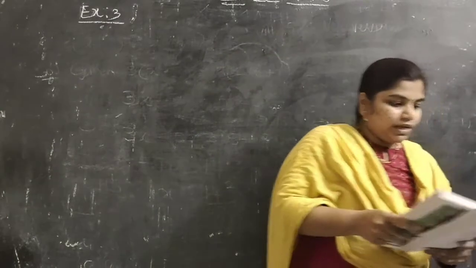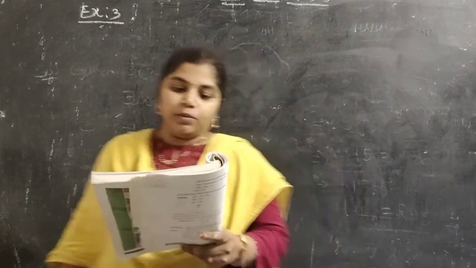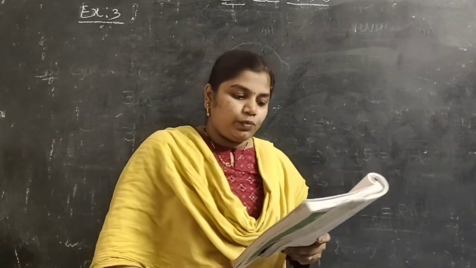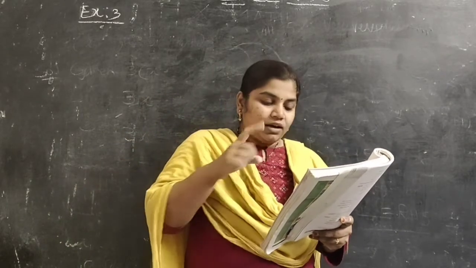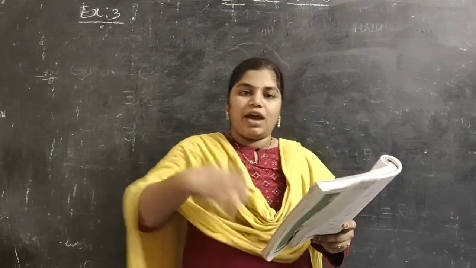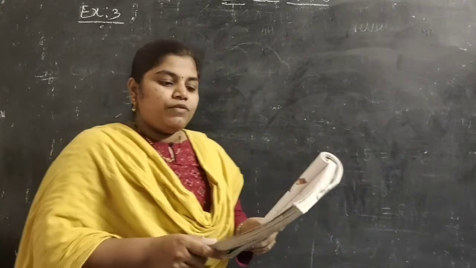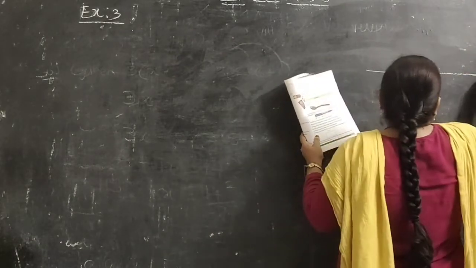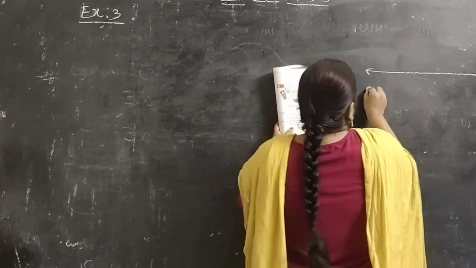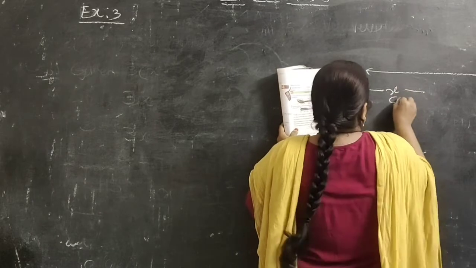So first one, you see exercise 3. Write the information given in the picture in the form of an equation. They have given one picture and we have to write it in the form of an equation and also solve. Solve is nothing but we have to find the x value. So they have given one spoon. Suppose you think of this as a spoon. So from here to here they have given x centimeters.